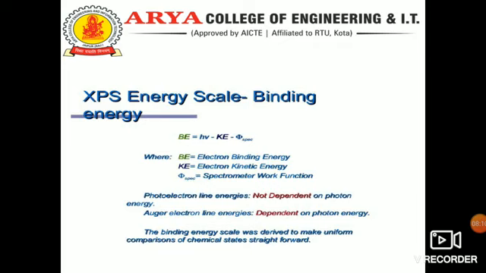In this, photoelectron line energy does not depend on photon energy, and the Auger electron line energy depends on the photon energy. Binding energy scale was derived to make uniform comparisons of chemical states